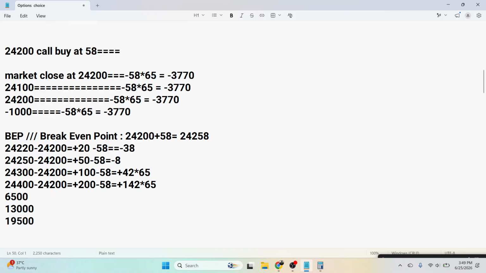400 पॉइंट ऊपर जाती है तो हमें 26,000 का फायदा होगा। ओके, अब हमारा लॉस तो पहले से डिफाइंड है, हमें लॉस इतना ही हो सकता है, और प्रॉफिट हमारा अनलिमिटेड है। अगर यहाँ से मार्केट 1000 पॉइंट ऊपर चली गई तो आपको 65,000 का फायदा होगा, और अगर 1000 पॉइंट गिर भी जाती है तो आपको सिर्फ 3,000 का नुकसान होगा। तो योर लॉस इज लिमिटेड एंड योर प्रॉफिट इज अनलिमिटेड।